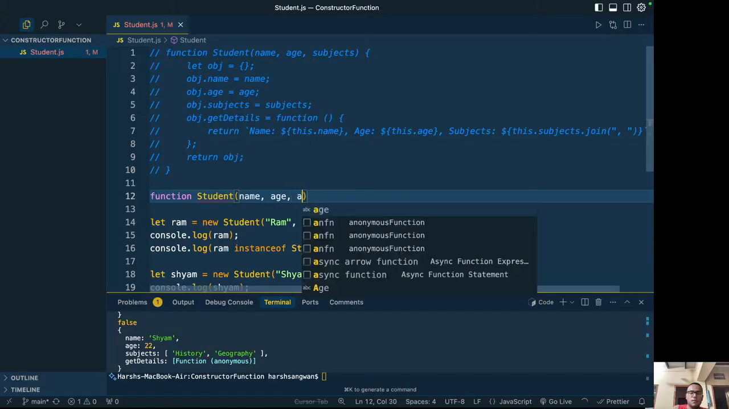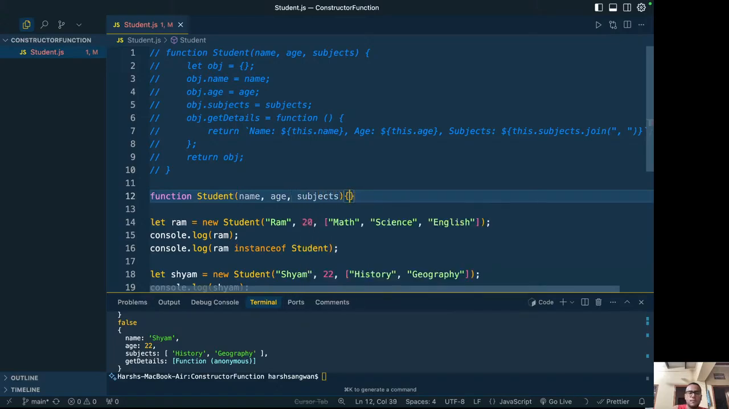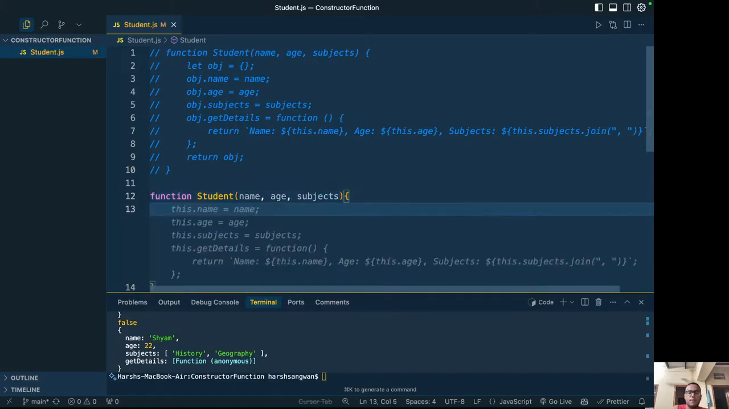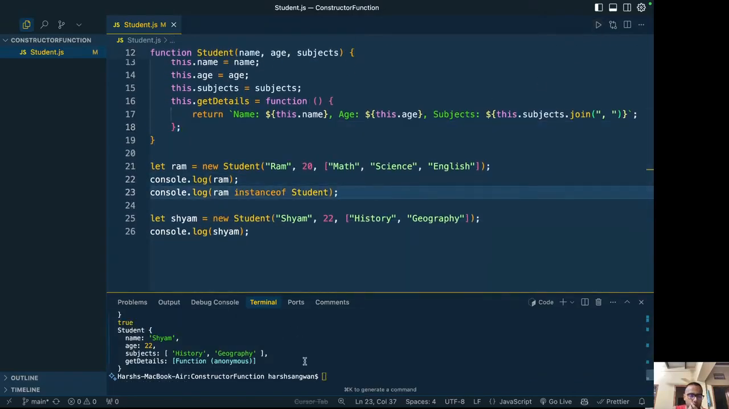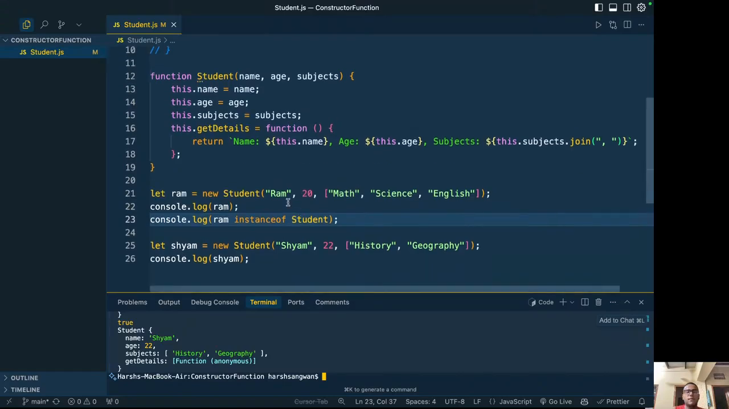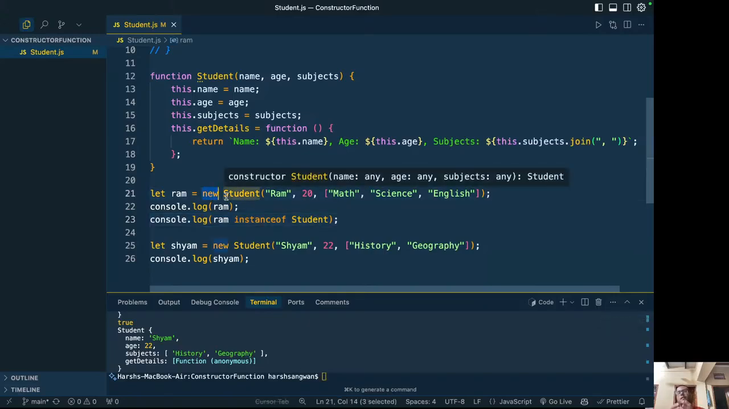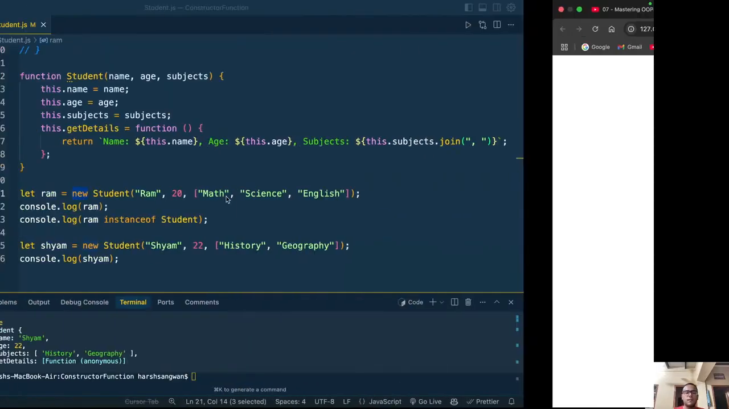Name, age, subjects. Right, now it will give me true. All of this is happening because of this substitution. When you define a function, this inside a function starts acting like a class. By default, when you access it using the new keyword, it will give you the same object reference. So what it does is,